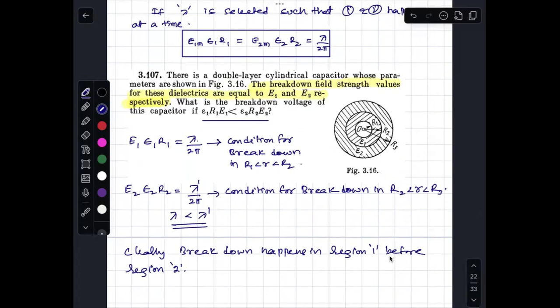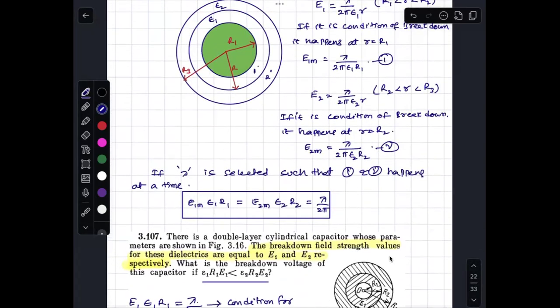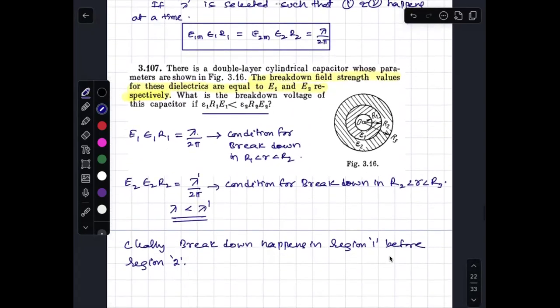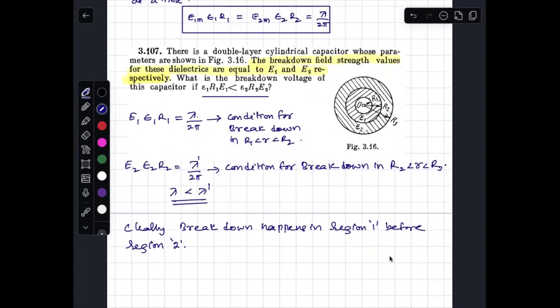Whatever the question, they have given this condition. Previously, I derived this condition: if I choose such an epsilon 1 and such an epsilon 2, one lambda is sufficient. For a given lambda, both happen simultaneously. But you have given a different condition here, so I am assuming the charge here is different, and the charge here is different. For example,